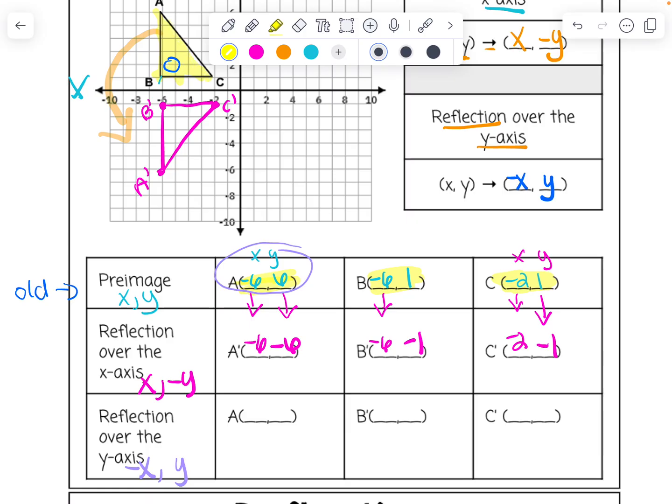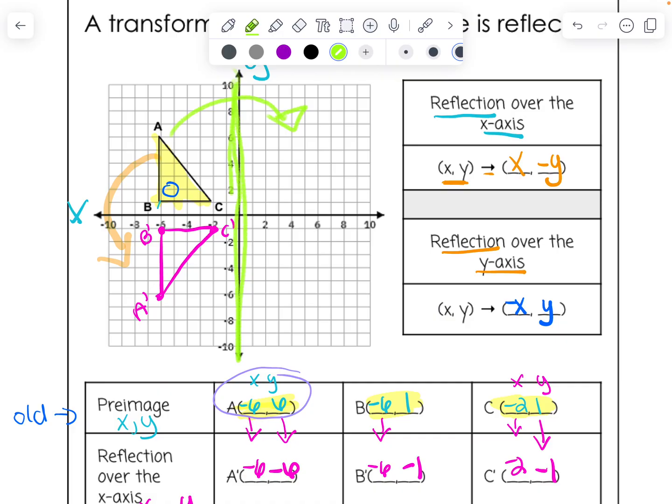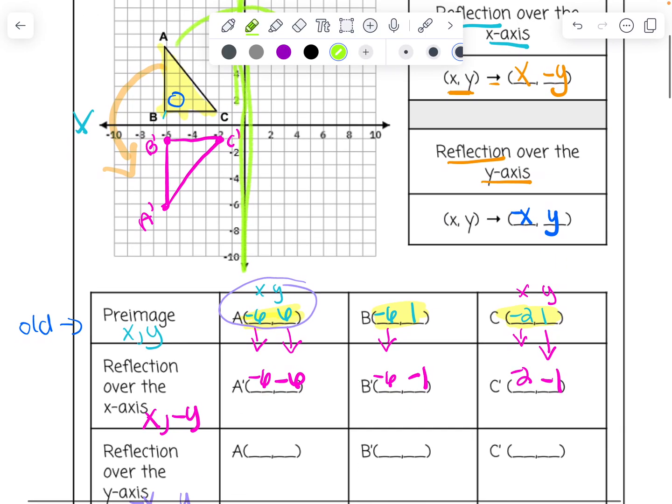Okay, now I'm going to reflect it over the y-axis. So again, I'm going to show you, this is my y-axis right here. So I'm going to make the triangle flip on this side. Okay, so if I follow the rules,